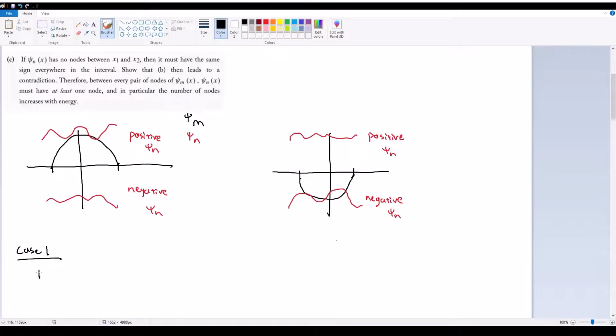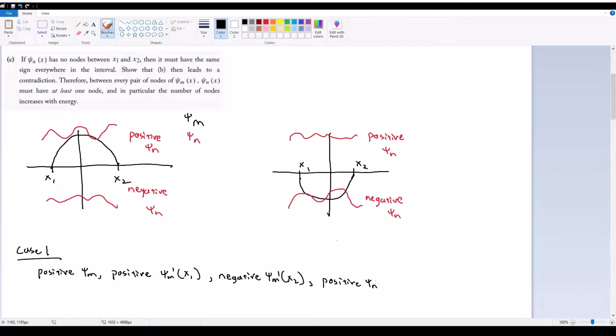In case 1, we have positive ψm, positive ψm prime at x1, because this is x1 and this is x2, and then negative ψm prime at x2, because if we look at the derivative, it's increasing and then decreasing, and then we have positive